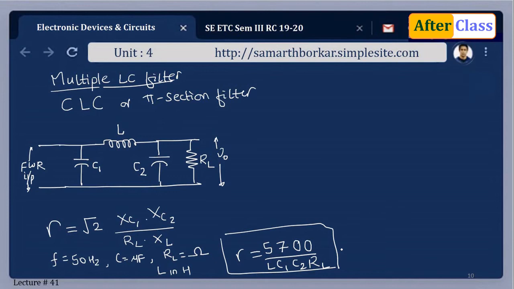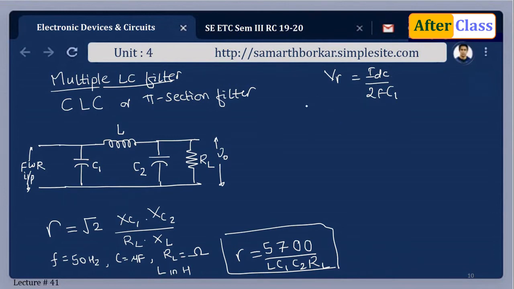So as far as the ripple factor is concerned, you can see that the ripple voltage in case of full wave rectifier with shunt capacitor is given as VR equals IDC by 2FC1. You will understand this equation from the capacitor filter that we already covered. So the ripple voltage across this capacitor C1 is given as IDC upon 2FC1, and the RMS value